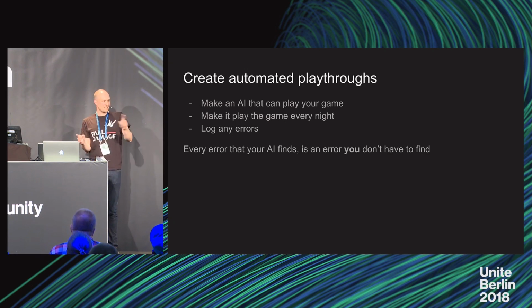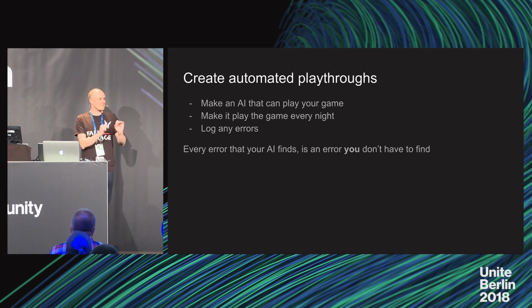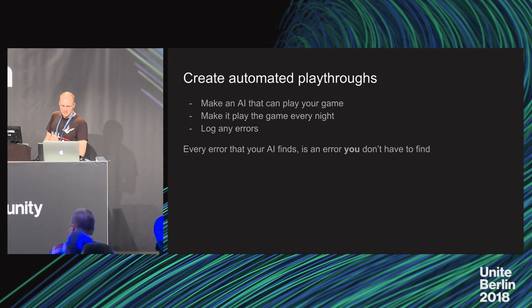Every time one of these crashed was one moment where we encountered a bug without somebody actually needing to play the game to find that bug. So every error that we found there is an error we didn't need to spend time finding. So our playtest became more about checking, okay, is the game fun? Is the game balance good? Are there particular visual glitches? That sort of thing. Whereas the AI would find a lot of the really stupid mistakes ahead of time.